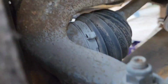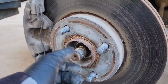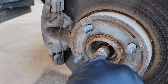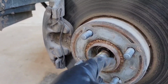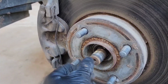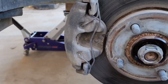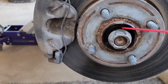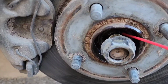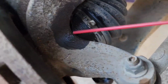So we need to remove this CV axle here, and this one doesn't have ABS, so you don't have the ABS ring, so you don't have to worry about that. But basically I could tap right here, but you don't want to mess the threads, so I put a nut over it and just gently tap right in the center. So this thing is stuck on there. I'm gonna put some lube right in the splines, right in there, and then behind, right in here,